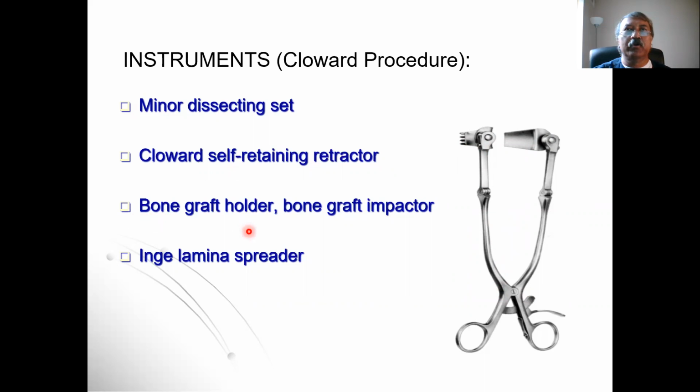And we need a bone graft holder, depth gauge, and bone graft impactor for bone graft insertion. We need pituitary rongeurs, Kerrison rongeurs, and a lamina spreader from time to time. What does this lamina spreader do? The lamina spreader is used to spread the lamina above and below the area of